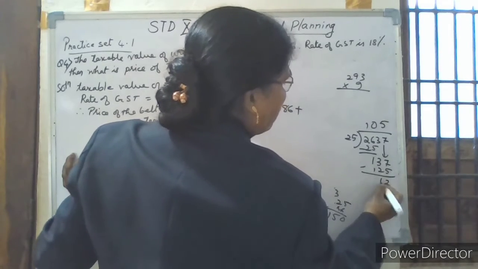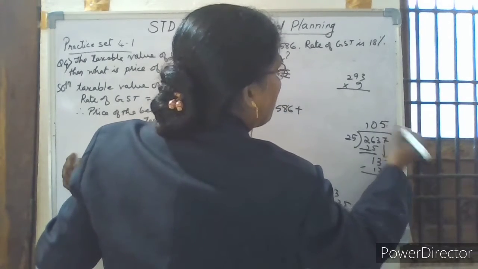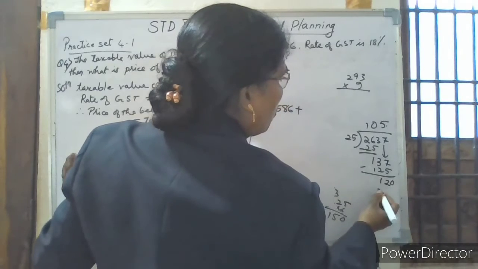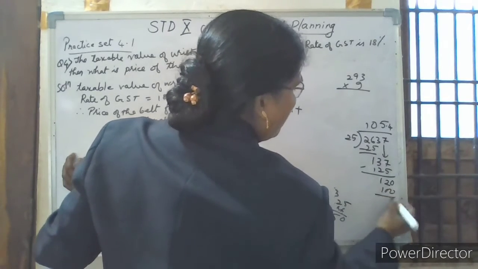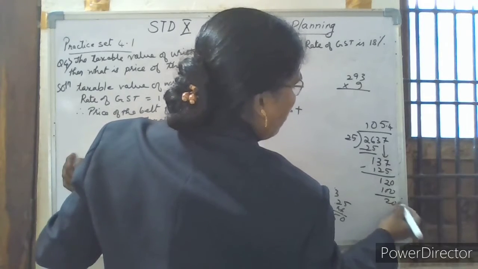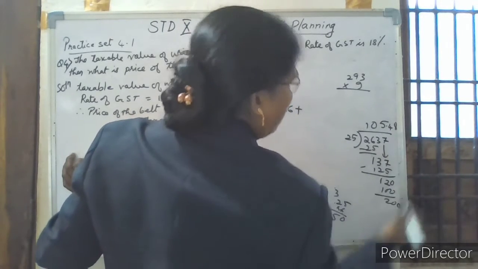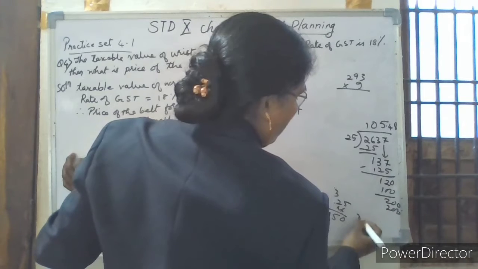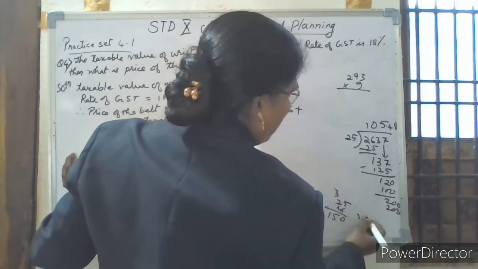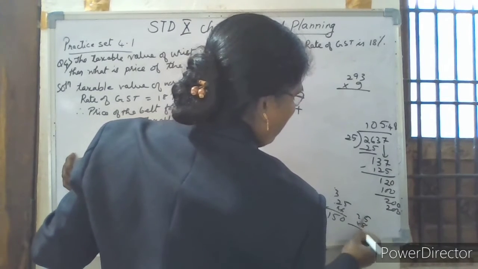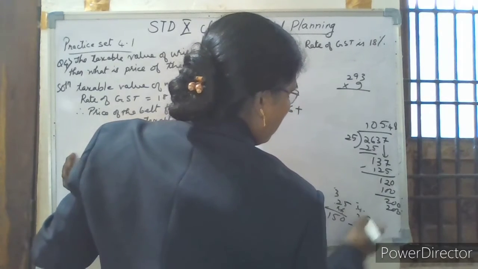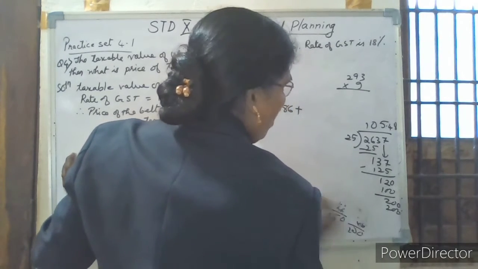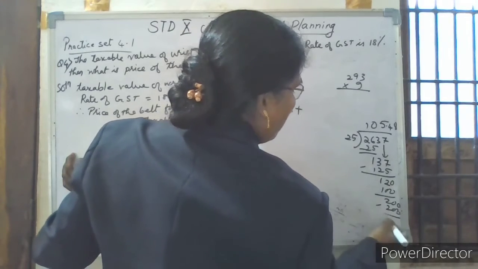So take a point, take a 0. So 25 4s are 100. 20 is remaining. Take a 0 again. That 8 you will get 200. 25 8s are 40, carry 4, 8 2s are 16, 17, 19, 20. Yes, correct. So therefore here minus, 0, 0. Therefore this is equal to